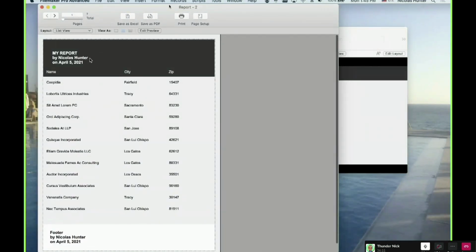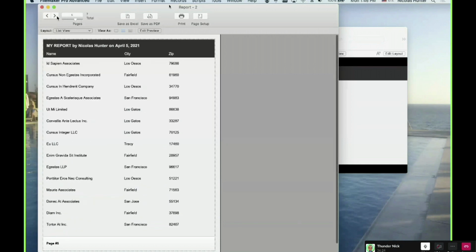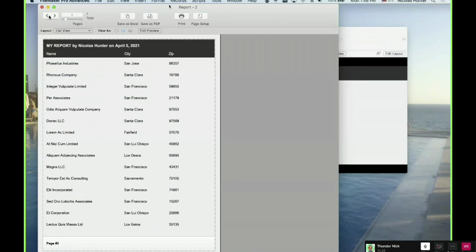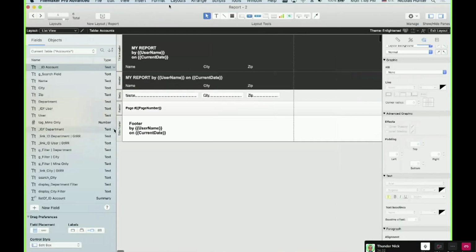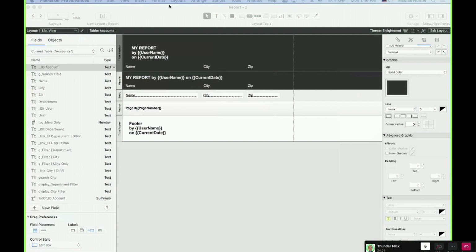I have a big header and a big footer, and then I have a small one of each. And on these pages I have page 2, page 3, page 4, page 5, page 6, etc. So this is the difference between the title header and the title footer. They have exactly the same behavior. One is placed on the bottom, and the other one is placed on top. Question? No, you're all good.